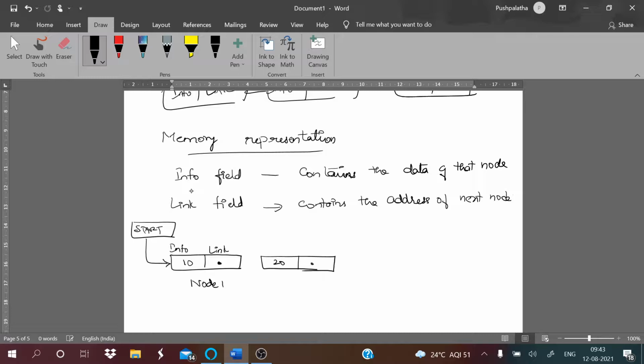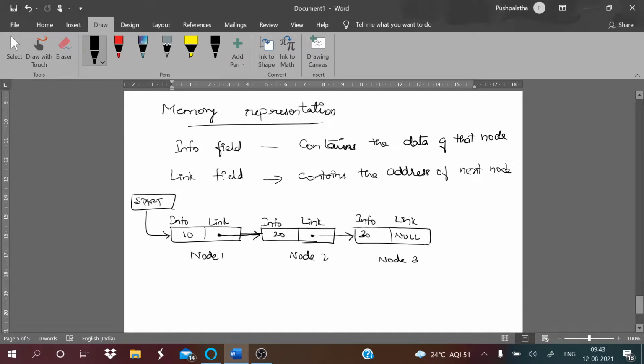This is 20, the address. This is your node 2. Look at the directions that we mentioned. This is your 30 and this is your null. This is your info and this is your link, that is your node 3. So this is the memory representation of your singly linked list.